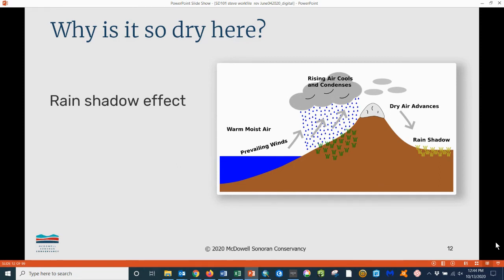The air goes over the top of the mountains and comes down the eastern side. It warms up as it falls in elevation, but it's dry by the time it reaches eastern California and all of Arizona, resulting in desert conditions. Since the prevailing winds at our latitude are westerly, blowing from the west, this effect provides a steady flow of warm, dry air. In other words, consistent low humidity.